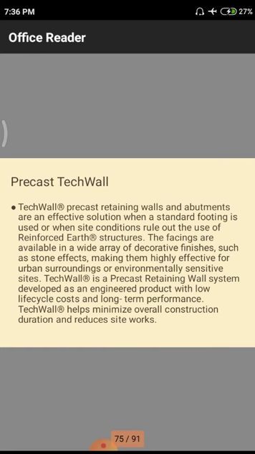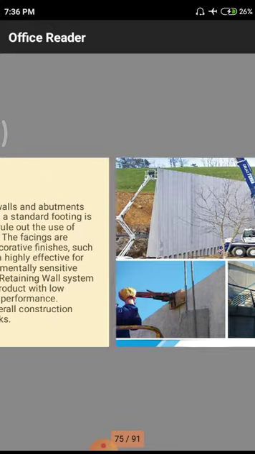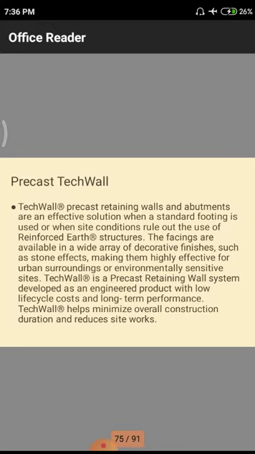We have to choose different styles of blocks according to the material quantity and the area we observe. Once we show those diagrams, these are the precast tech walls, that means the precast wall technique. These walls are responsible for bearing the soil forces and some amount of extra tensile forces on the top. These walls have effective load bearing capacity compared to other structures.